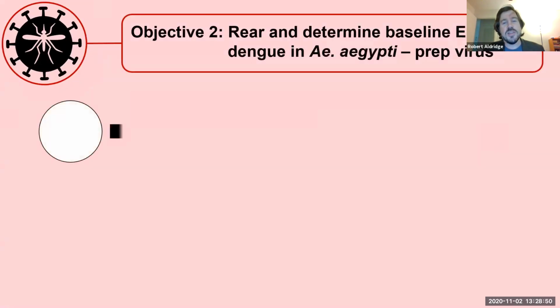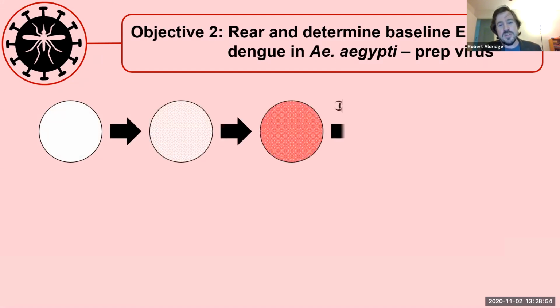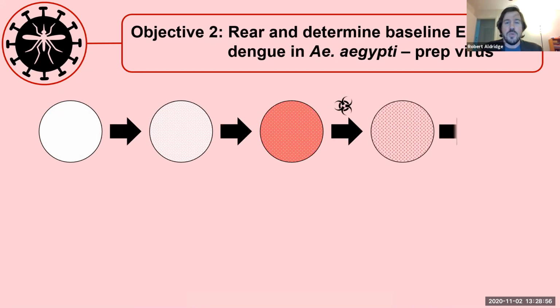Okay, so the next thing is after we generate these LC50s that we're able to feed to the mosquitoes, we want to be able to feed pathogens to the mosquitoes. And in doing so, we're going to culture cells, and once they become confluent, we will infect them with a particular pathogen, in this case dengue. Then we will infect the blood.